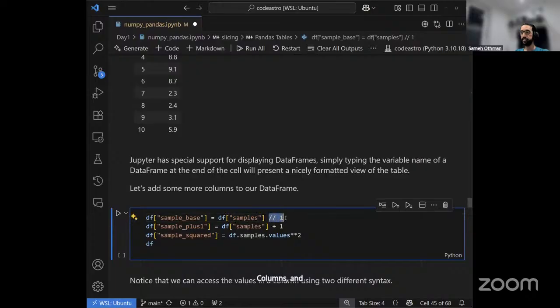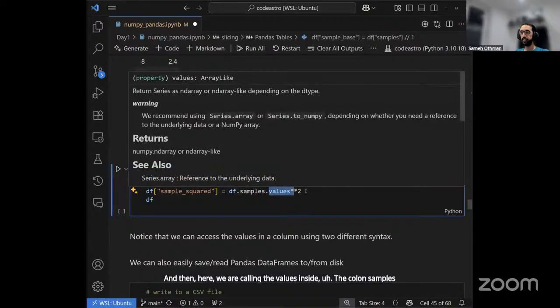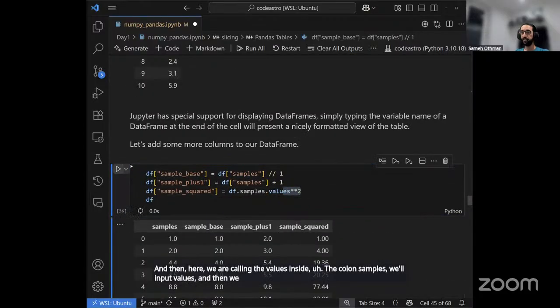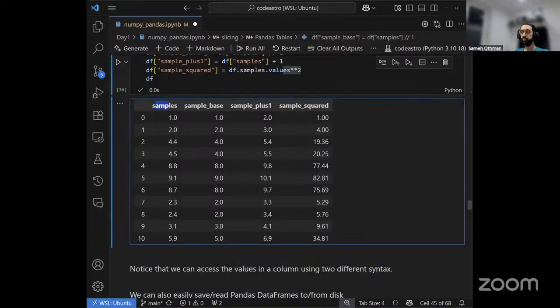We're using integer division, then addition, and then here we are calling the values inside the column samples using dot values, and then we're squaring the values. Once we do this, we can see our table. And now we can see a table with 4 different